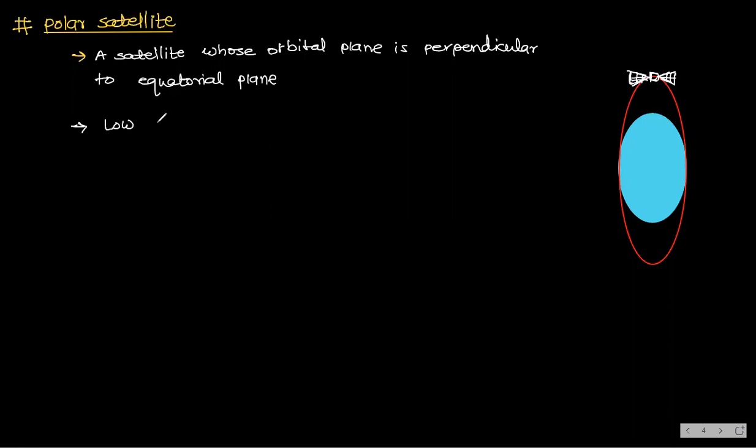नेक्स्ट पॉइंट, लो एल्टीट्यूड। ये जो सैटेलाइट्स होती है वो ज्यादा हाइट पे नहीं होती है, जैसे कि जियो स्टेशनरी रहती है ना, as compared with that it is having less height, so it is around 500 to 800 किलोमीटर। ठीक है, नेक्स्ट पॉइंट, इसका जो टाइम पीरियड होता है वो कितना होता है? अराउंड 100 मिनट्स ओनली। अंडरस्टैंड? जियो स्टेशनरी का 24 आवर्स रहता है, इसका 100 मिनट्स ओनली।